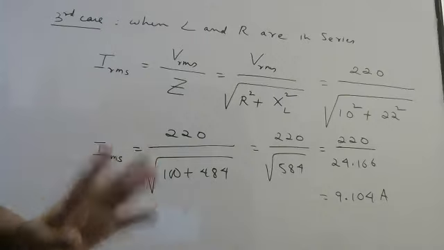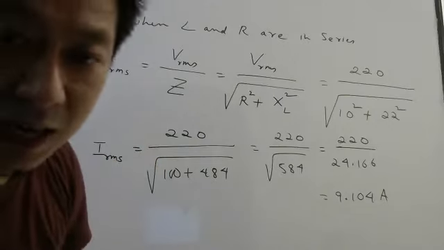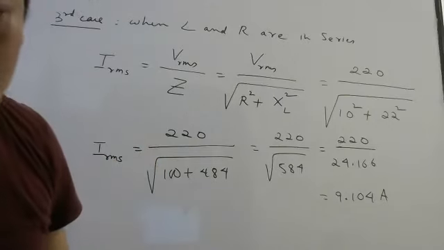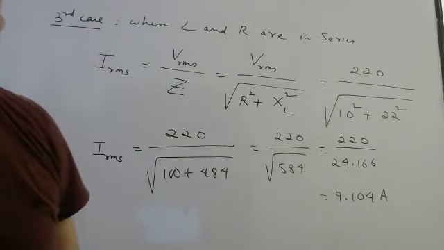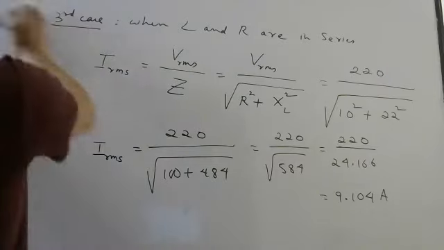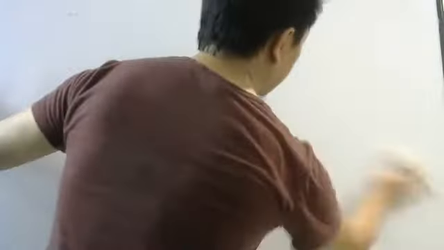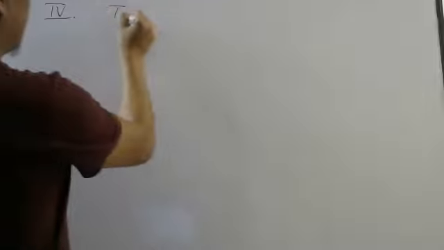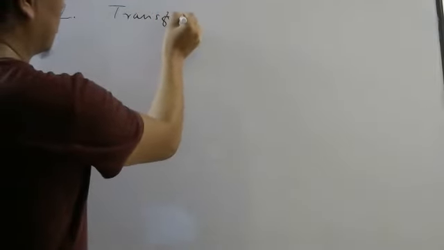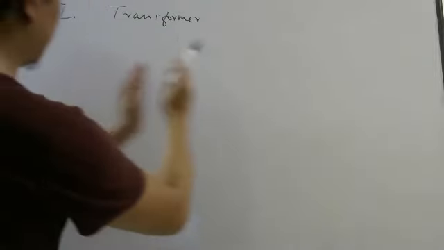Finish, students, this one. Then I will tell you the last type. The last type is transformer. So the 1, 2, 3, 4. The fourth type of problems that can come is based on transformer. So in transformer, if you remember, there is a primary, there is a secondary.